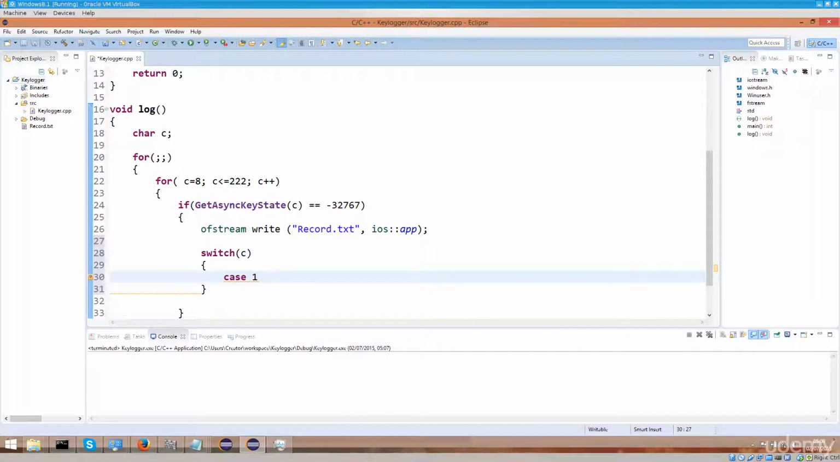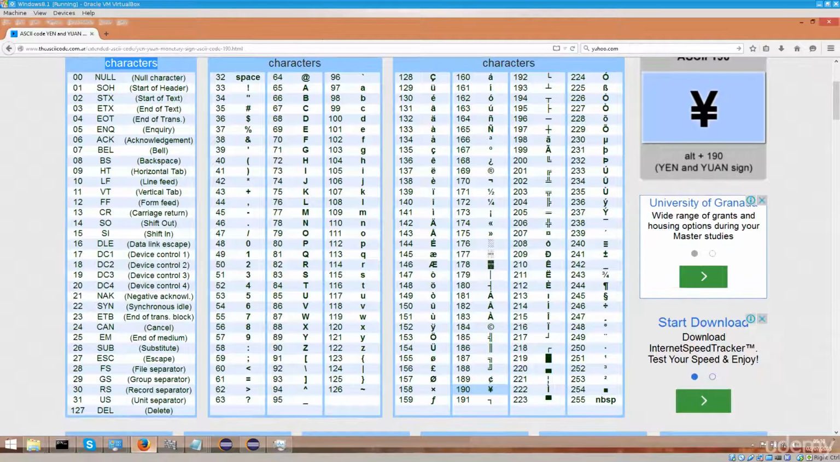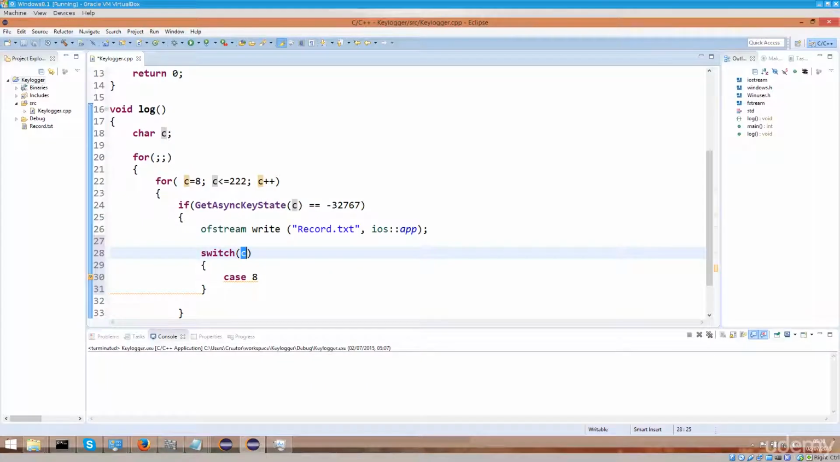Case 1. Actually, no, not case 1. That would be stupid. Case 8. So if the C character has a numerical value of 8 in ASCII, that means it's a backspace. So here it is. It says backspace. Okay, no problems. Let's just do it here and type in a colon, not a semicolon here, space, and then